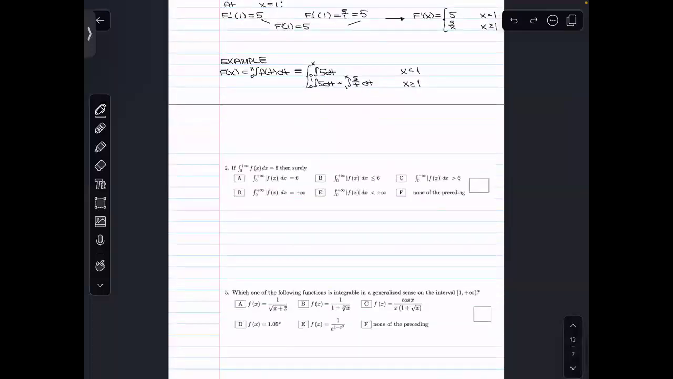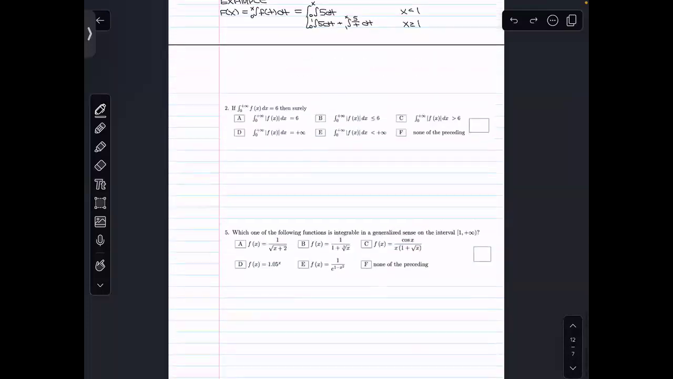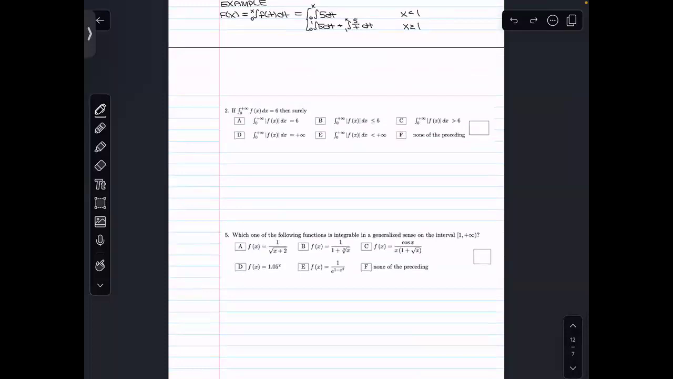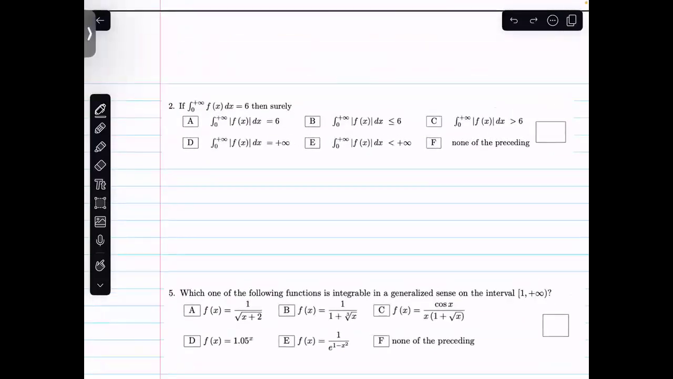Okay, so let me just see what we have left. Okay, the last few are pretty quick, so this shouldn't take long. So for this one,